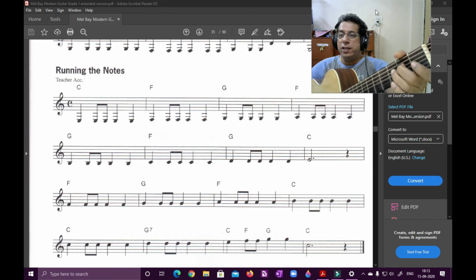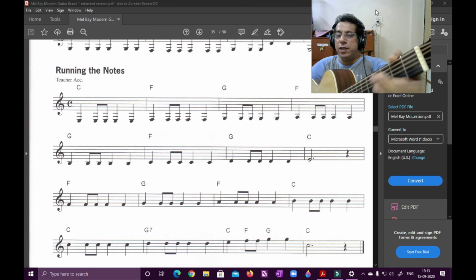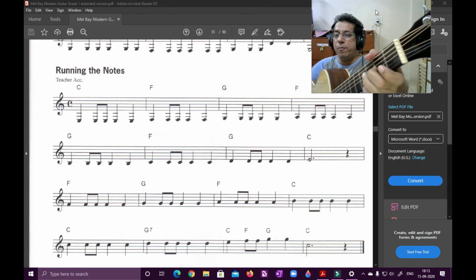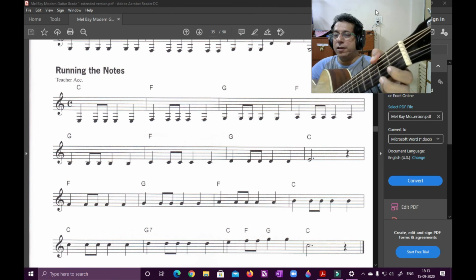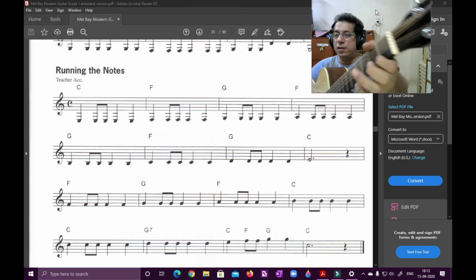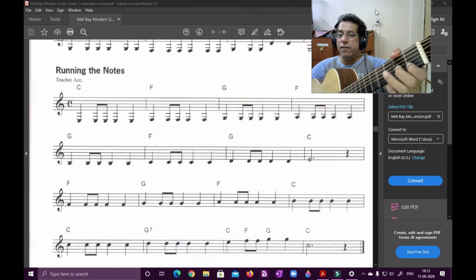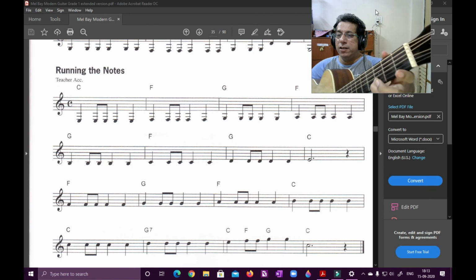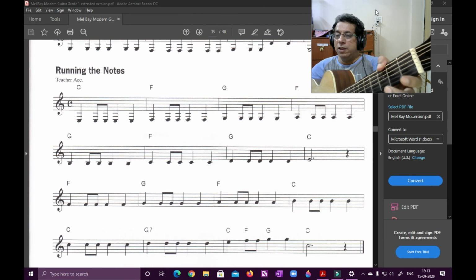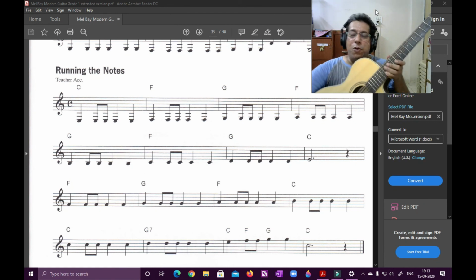Second fret, fourth string. E, F, third fret. Then G is open, third string. Okay, G, then A is here, second fret of the third string. Okay, after A we have B, which is the open string, second string. Then we have C, which is on the second string, first fret. D, second string again, third fret. Then E, high E, open string, first string. Then F and G. Okay, so this was a run through all the notes.